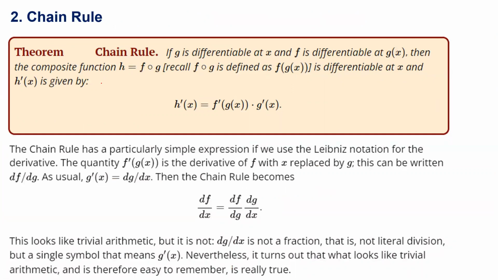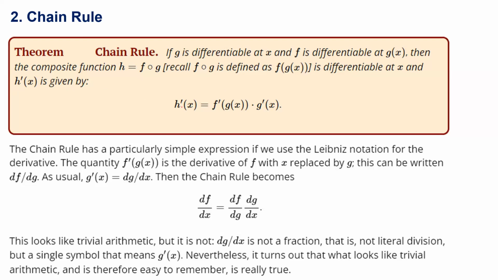Today, let's have a look at a new rule to evaluate the derivative of a given function. This is called the chain rule. So the chain rule states that if g is differentiable at x and f is differentiable at g(x), then the composite function h equals f of g of x is differentiable at x,